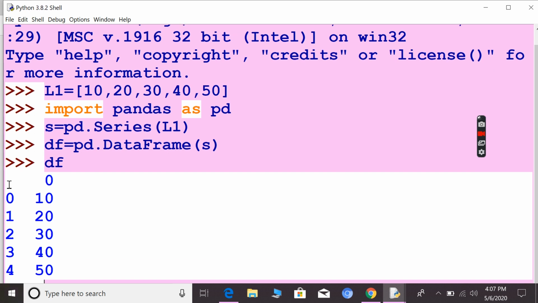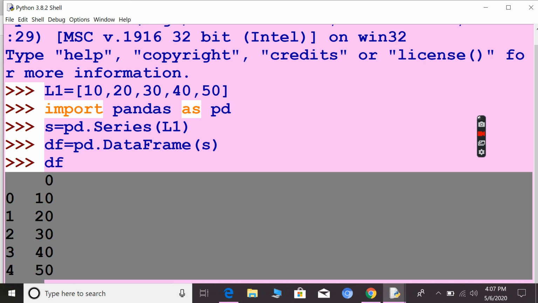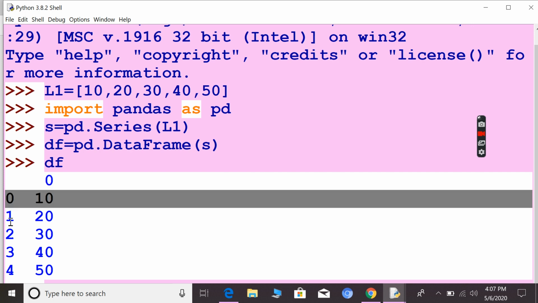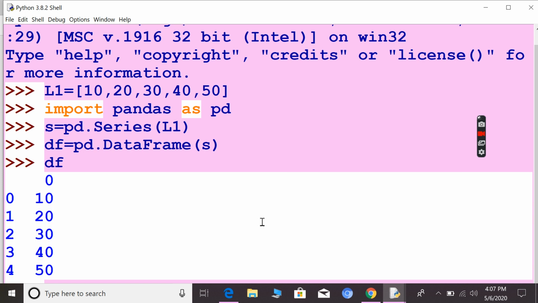Now this is the data frame. Understand? What is this? This is the column name. Any column name can be passed by you, or the system will automatically generate 0 as the column name. Here these are all row indexes, and the listed items passed by you are now given here.